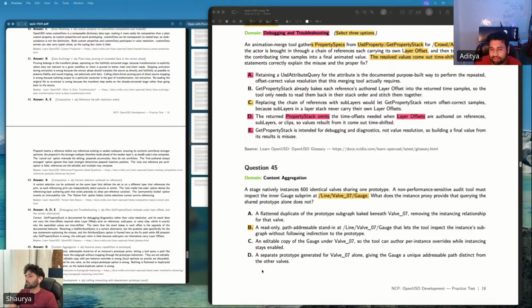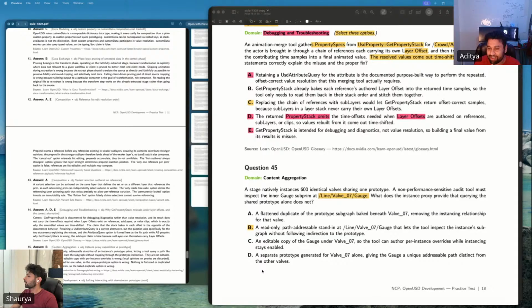Because I think this was the only option that said a read-only path addressable stand-in at line valve 07. A flattened duplicate of the instance prototype is something instance proxy doesn't do. An editable copy, instance proxy won't do that either. And a separate prototype generated, that option was also eliminated. So because of that reason, we went with B for sure.